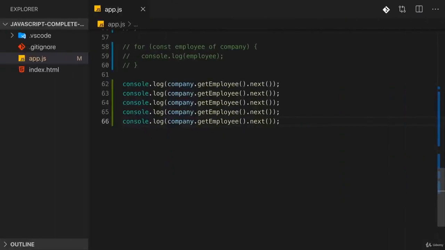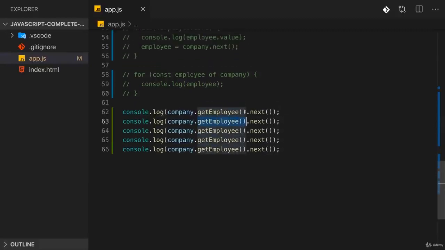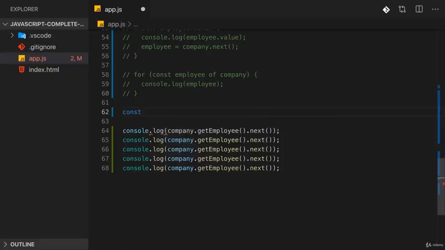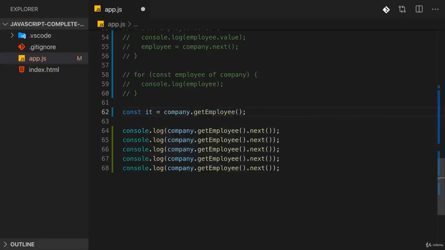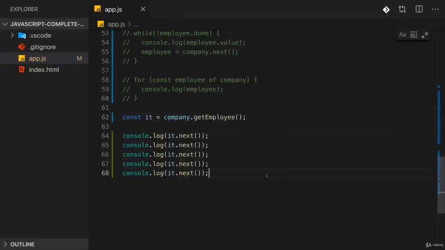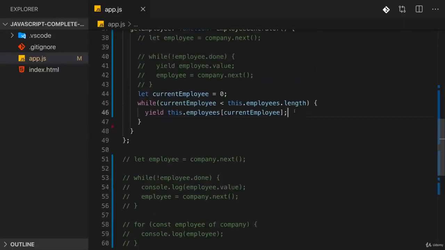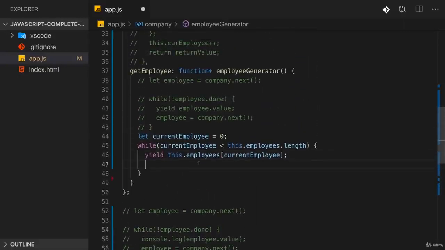The reason for that is that whenever I call get employee, I generate a new iterator. So instead, what we should do is create a new constant here and call company get employee once, and then use that same object all the time down there. In addition, after changing this, we should also make sure that in our generator logic here, we also increment current